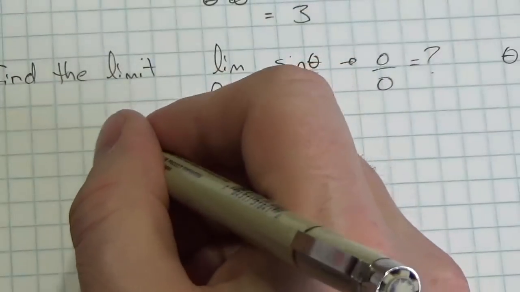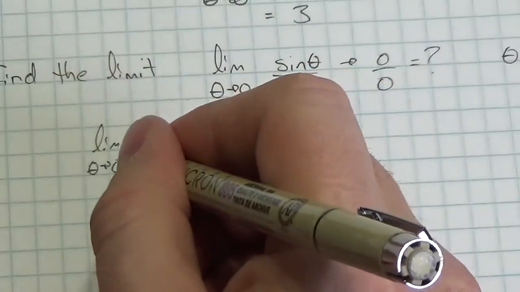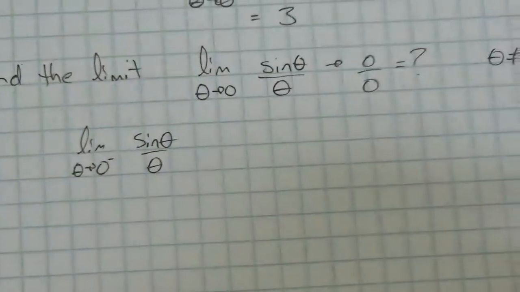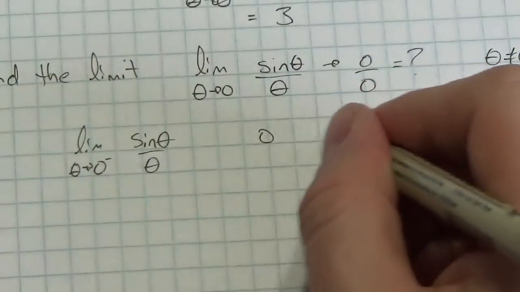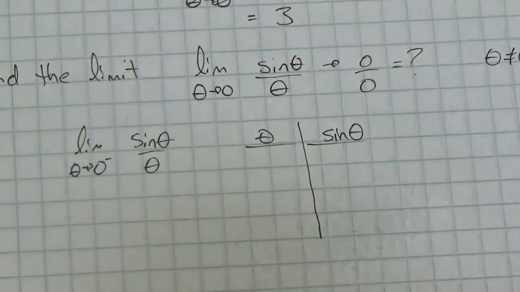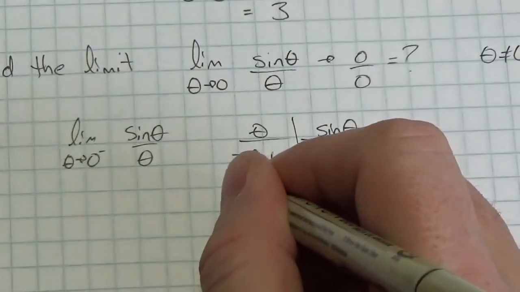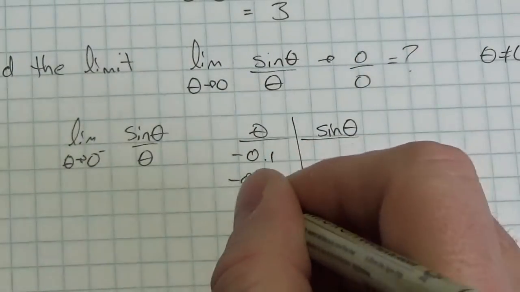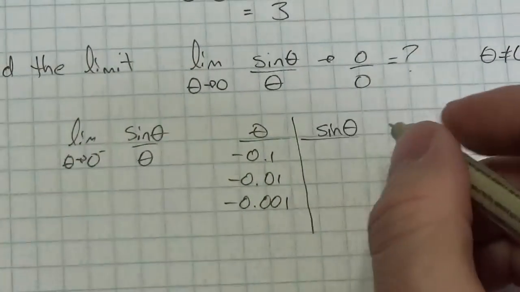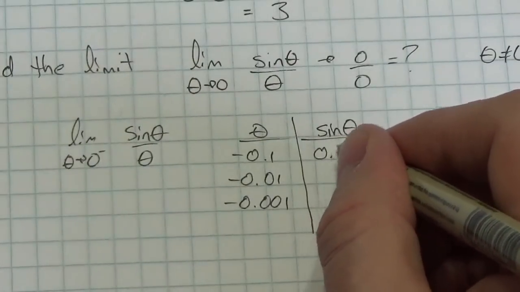So let's find the limit as theta approaches 0. Let's go from the left first of all, of sine of theta over theta. Let's just take a look at a table of values. Theta, sine of theta over theta. We're going to approach 0, so let's make it negative 0.1, negative 0.01, negative 0.001. And when we plug those in, and I've already done this for us here, we're going to get